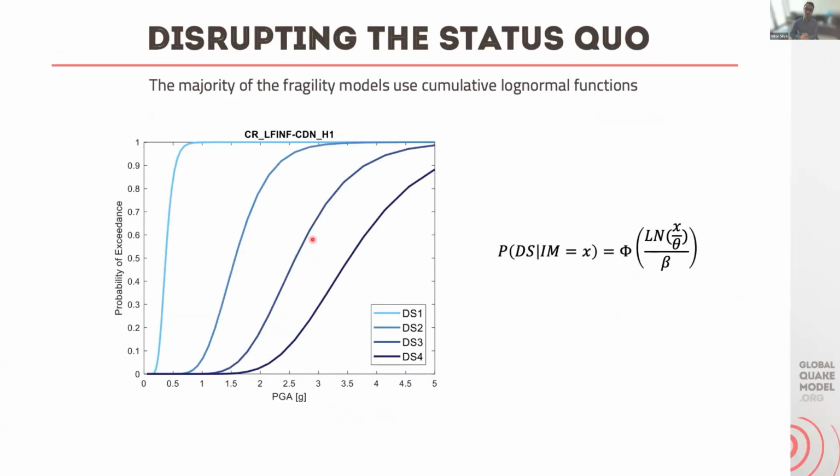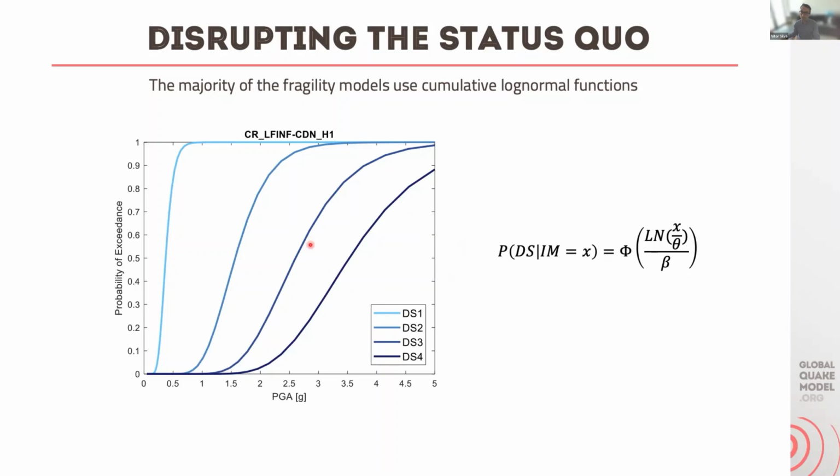The final thing that I want to mention is that every time we are developing these functions and using this vulnerability models toolkit, we're quite limited because the vast majority of the fragility models use cumulative lognormal functions. I think you've probably seen this equation and this shape of the curves many times in many papers. Some of the reasons for this are obviously mathematical convenience, because if I have my fragility functions defined by a parametric function, then it's very easy for me to do convolution, for example, with seismic hazard curves. And I can code this in three or four lines in my framework, but